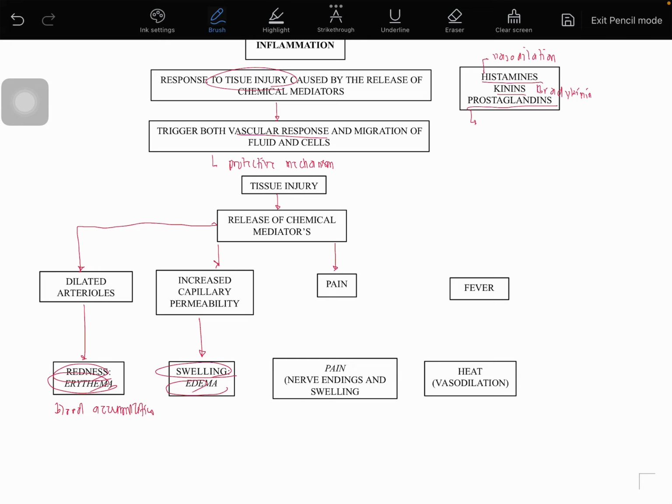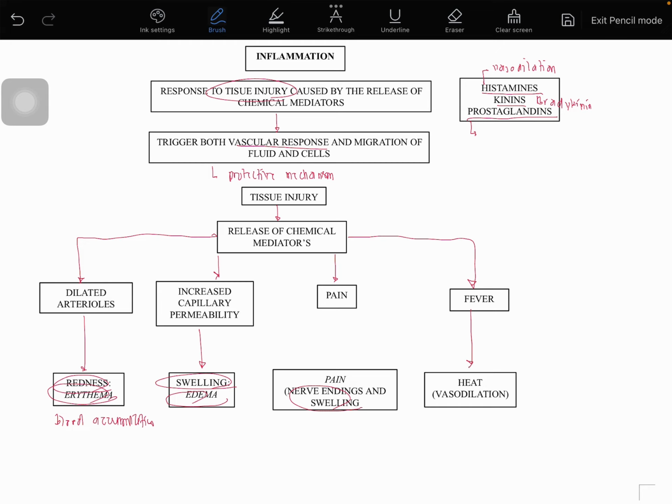Of course, yung ating mga nerve endings or your nerve cell, nag-increase po yung sensitization nila sa pain because of your possible swelling. Okay, and aside from that one, of course, nagkakaroon ka ng fever. Bakit nagkakaroon ka ng fever? It's because of the heat at the inflammatory site, because of the increased blood accumulation that will result to heat.